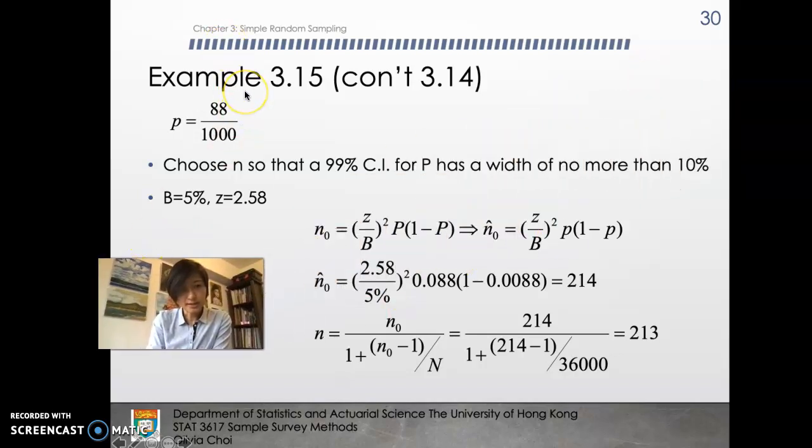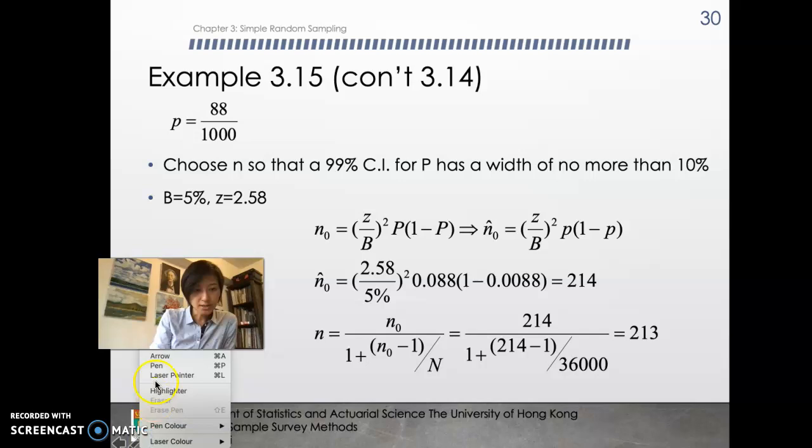So let's go back to example 3.15, the proportion of unreasonable leave. The proportion that we estimate is about 8.8%. With 8.8%, the conclusion is not good enough. So we want to say, what is the confidence interval of it? We did that previously, but now we want to say, if we want to conduct the survey again, we want to choose or determine the sample size so that a 99% confidence interval for P has a width no more than 10%. So what does it